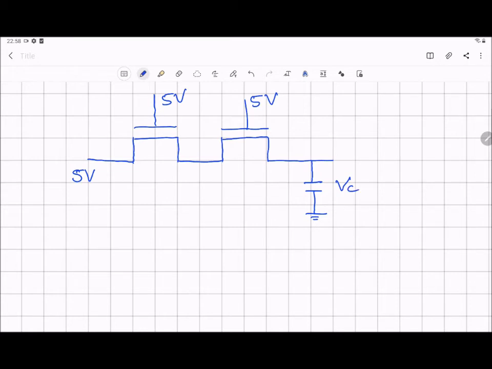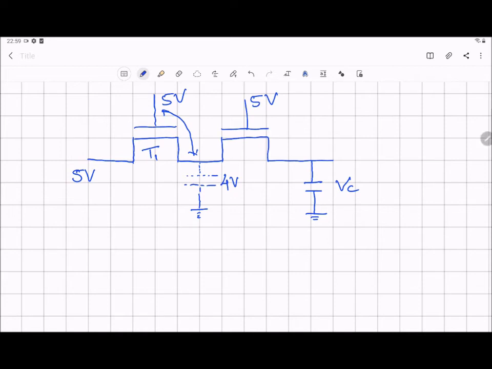So we have VGS greater than threshold voltage, and hence transistor, let's call T1, is in on state. So a drain current is going to flow, and I assume a virtual capacitor over here. So this virtual capacitor is going to store a voltage 4 volt across it, because if we increase the voltage beyond 4 volt, the transistor T1 will go off due to VGS less than threshold voltage.